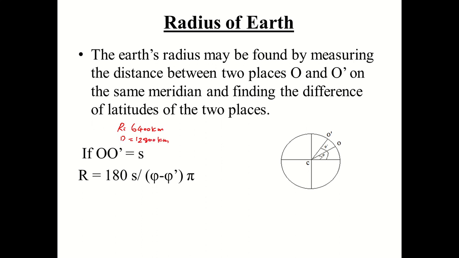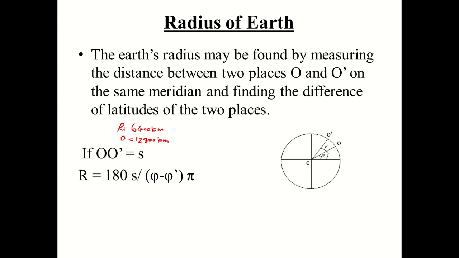So it is a large body when compared to the objects which we see in day-to-day life, but it is very small when compared to the objects in the astronomical regime. So now let's see how we can calculate the radius of the earth.